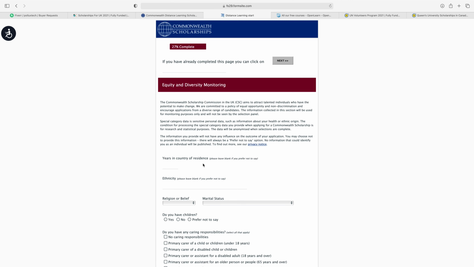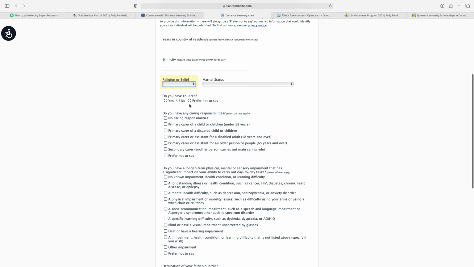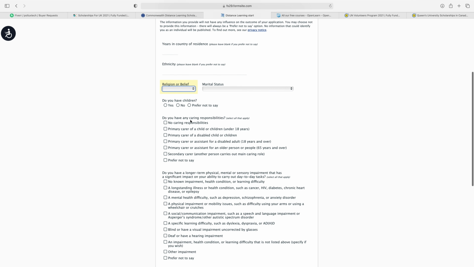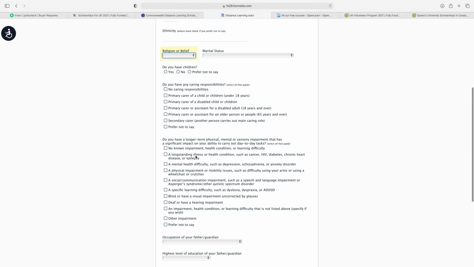Next is years in country of residence. Please leave blank if you prefer not to say, so these two are optional. Next is religion or belief, select your religion. Marital status. Do you have any children, select yes or no, or you can select prefer not to say. Do you have any caring responsibilities, select from here, you can select all.